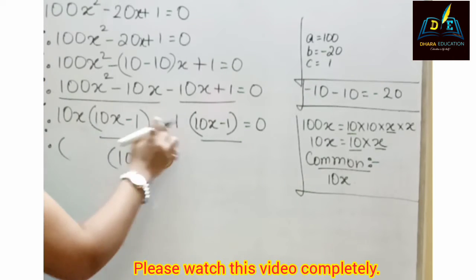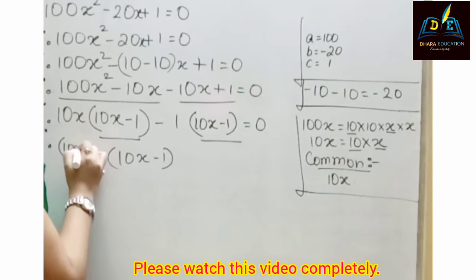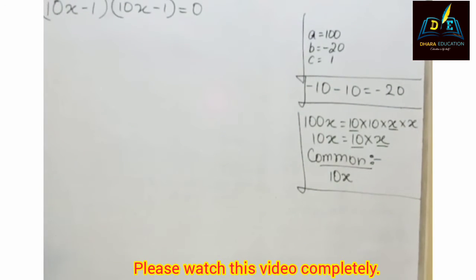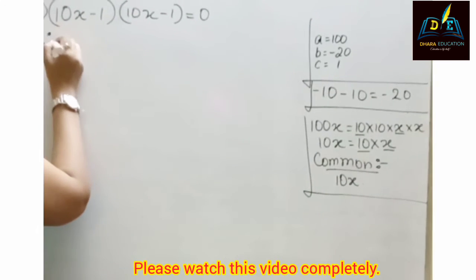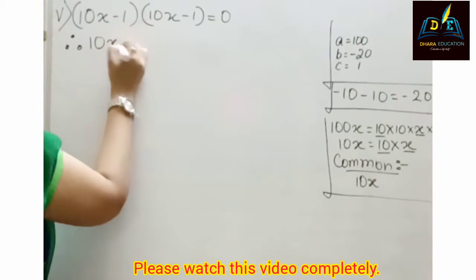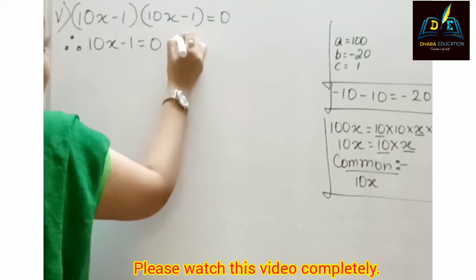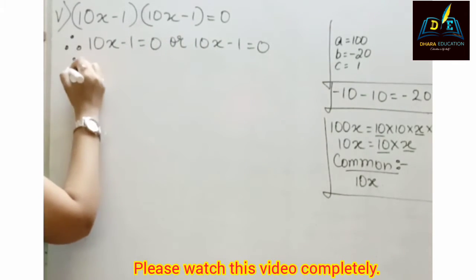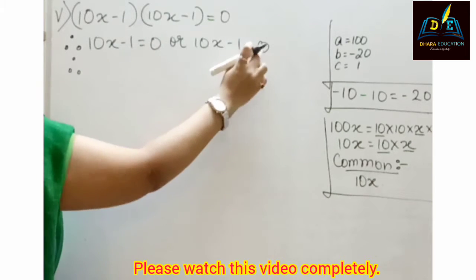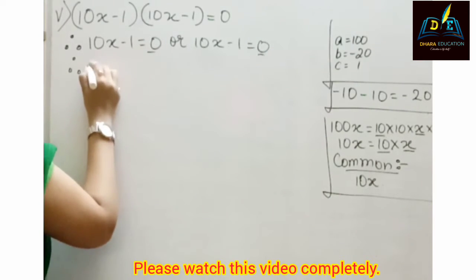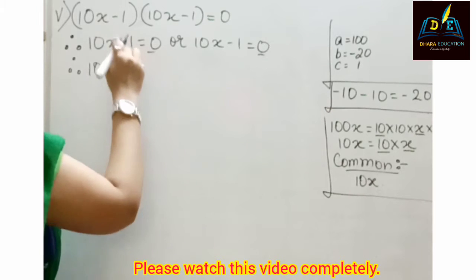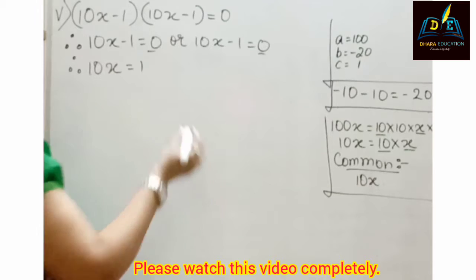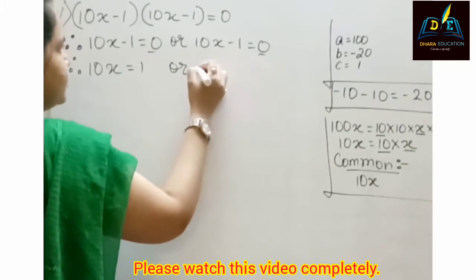So now the next step will be the common, we will write here 10x minus 1. And what is left over here is these two terms which we will add. Okay. So now students, the next step will be 10x minus 1 is equal to 0. Therefore, by eliminating the zeros, what we need to do? We need to send this minus 1 on the right hand side. So it will act as a positive.